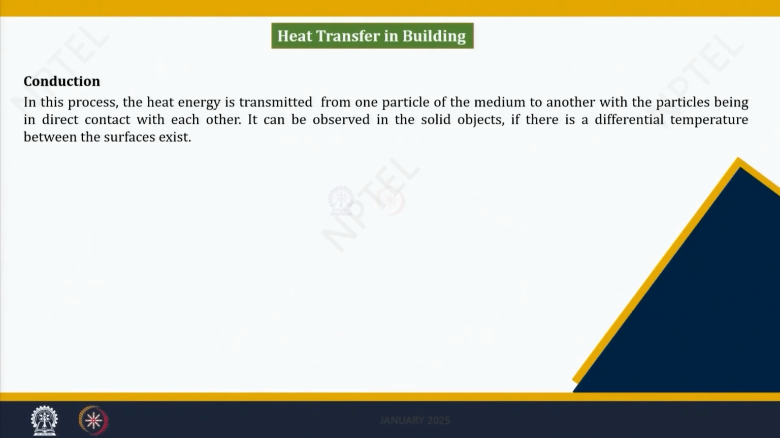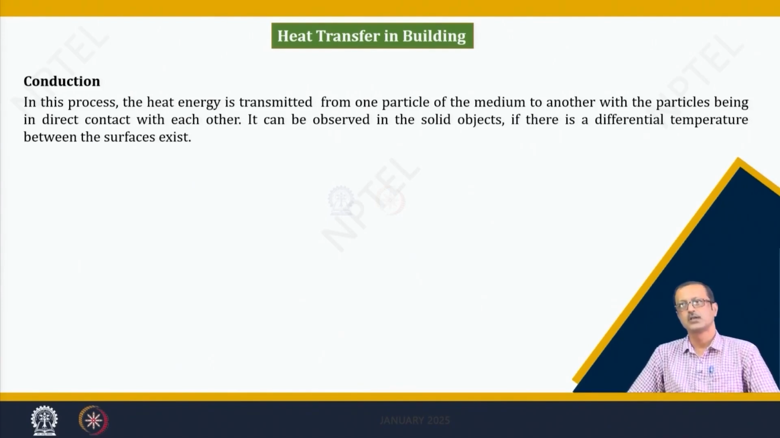If you see the flow pattern or the heat transfer in a building, it mainly occurs in 3 ways. The first one is called conduction, which is the flow of heat from one point to another if a temperature gradient exists. What is a temperature gradient? There should be a differential temperature from one layer to the other layer, otherwise heat will not